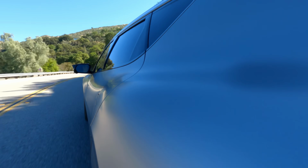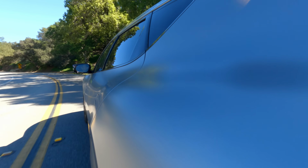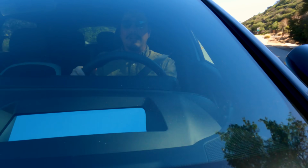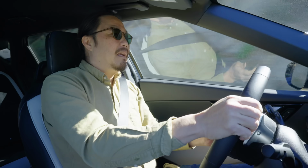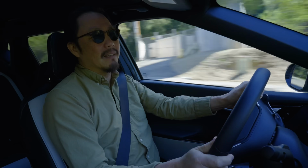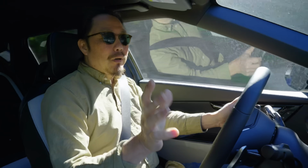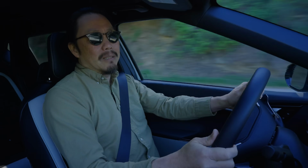It's surprisingly fun to drive on a twisty road like this. And with all-wheel drive, those front wheels really do a great job of pulling you out of the backside of the turns. And the rear-wheel drive models, well, they're even more fun because you can kick the tail out a little more. Now, that requires a little more skill and care to do safely, but when done right,